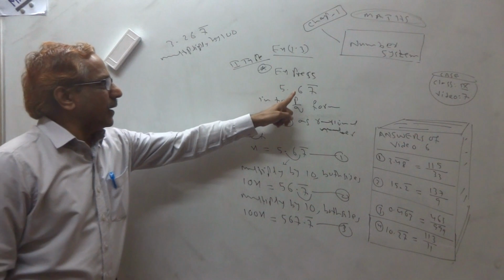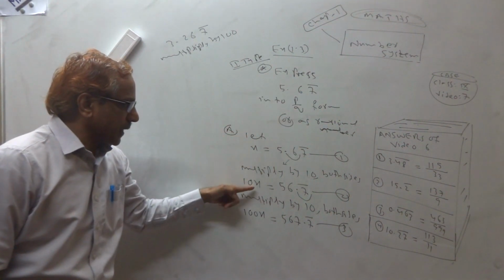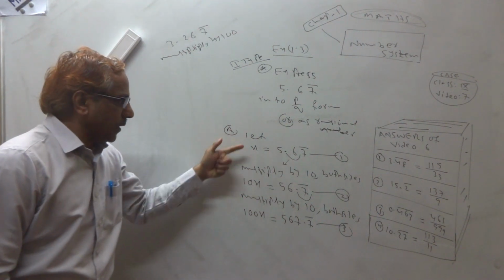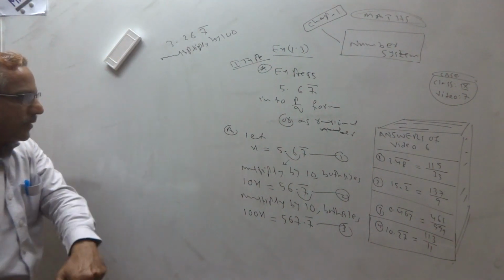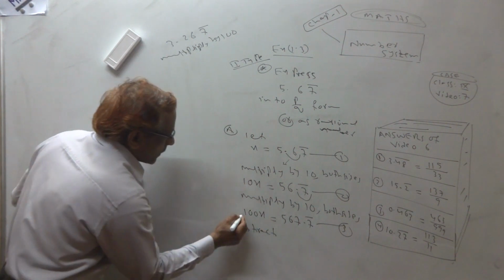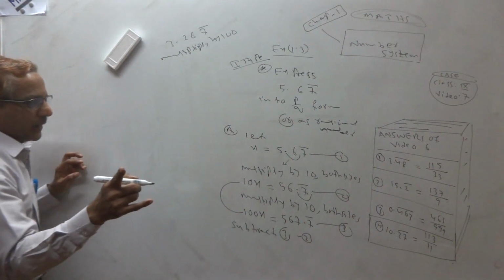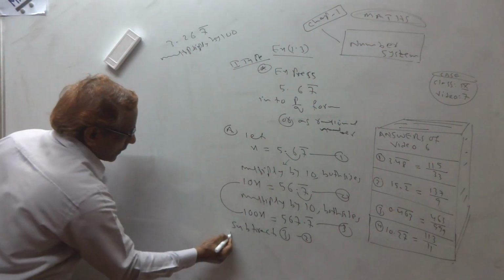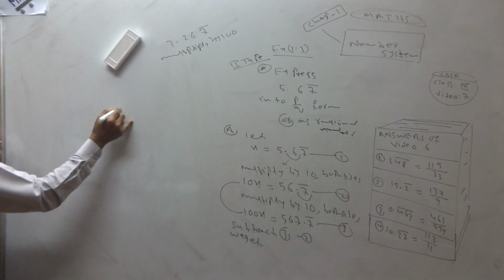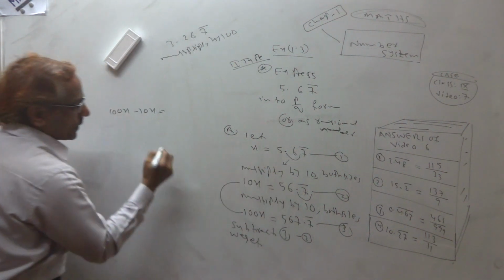So whenever a half-bar question comes, we have to take four steps, with three equations: 1, 2, 3. Now the last step, the fourth step, what do we do? Subtract third minus second. What do I get? We get 100x minus 10x. This minus this is equal to this minus this.